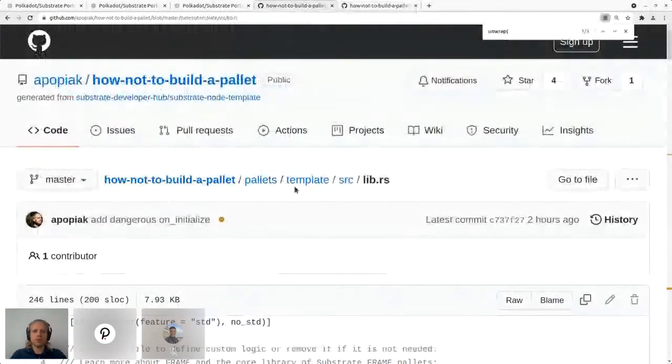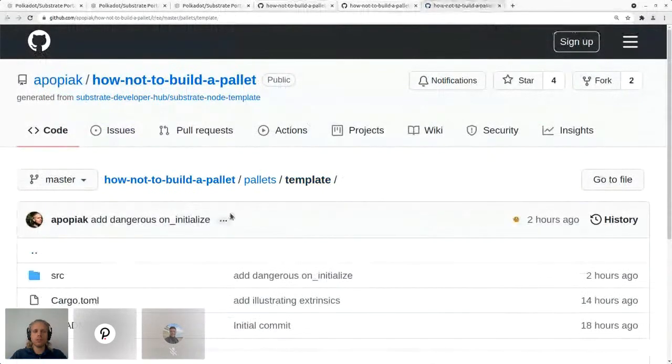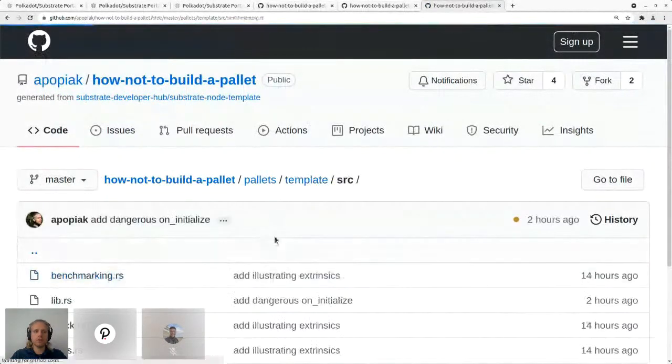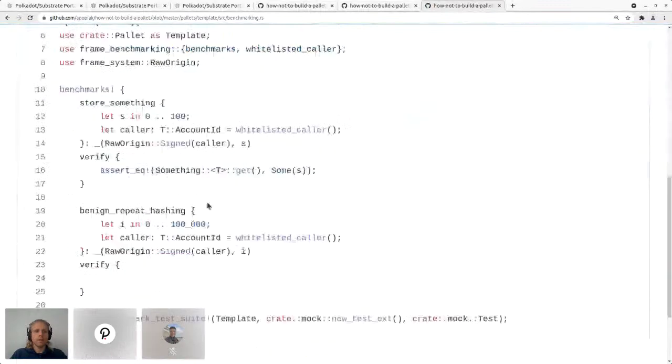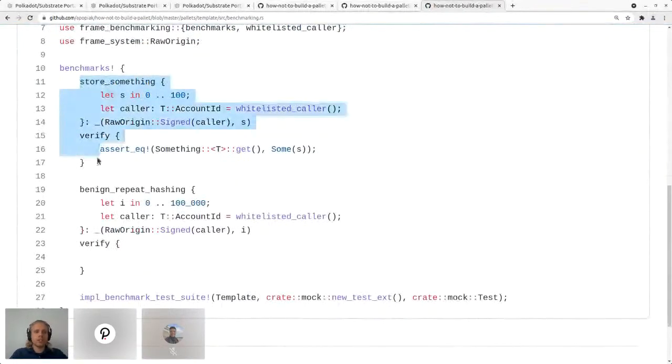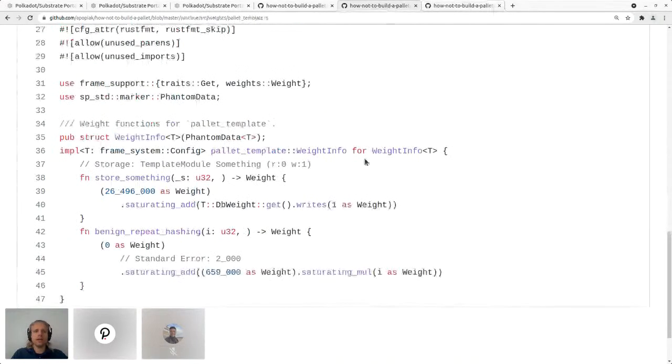Actually, let me also show the benchmark. So you would have a benchmark like this. There's a bit of macro stuff going on here. This calls the extrinsic, and then it will do this repeatedly to get fairly reliable execution data on how long it takes, and then it will generate a function like this that says, okay, when